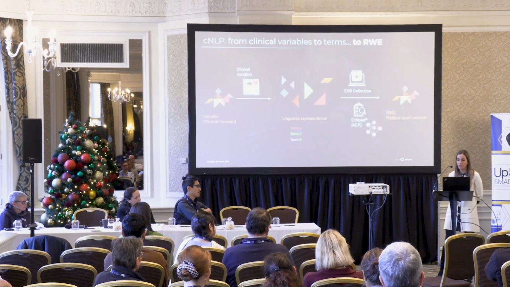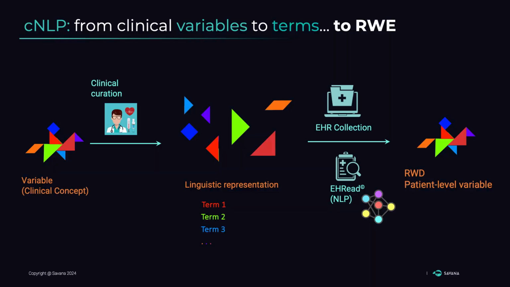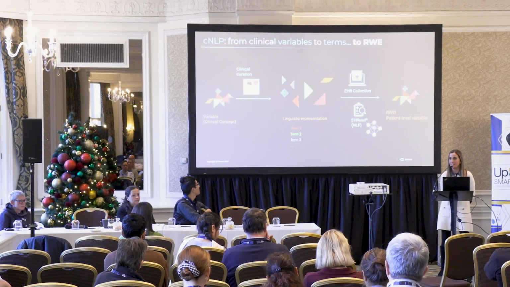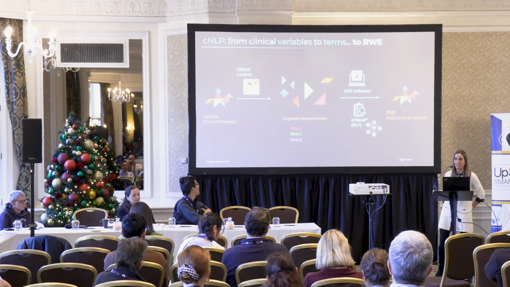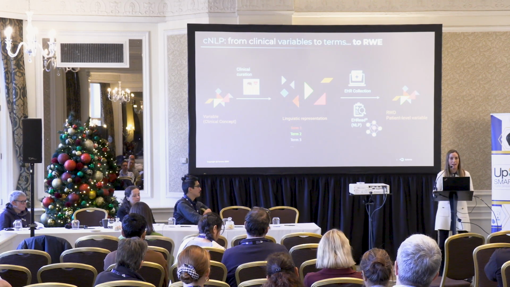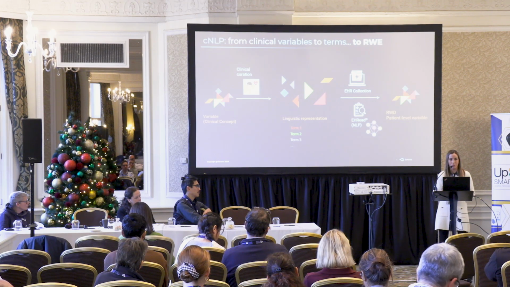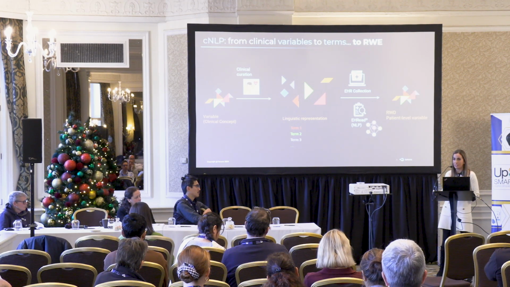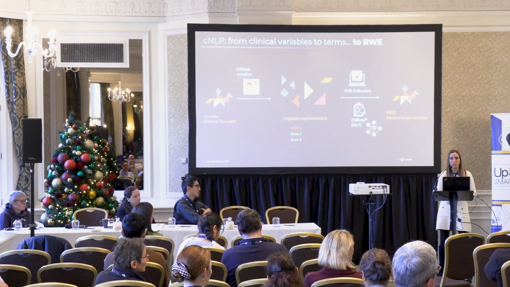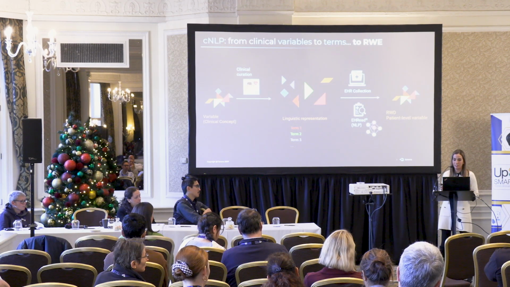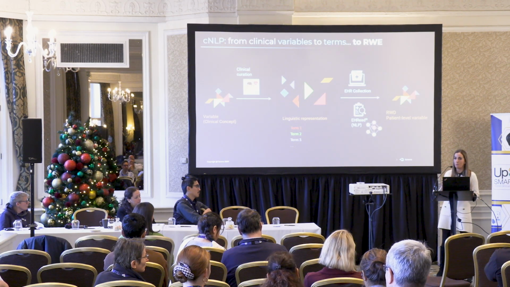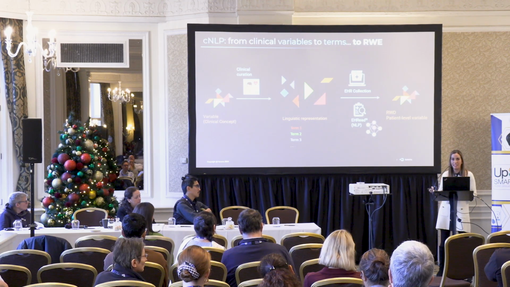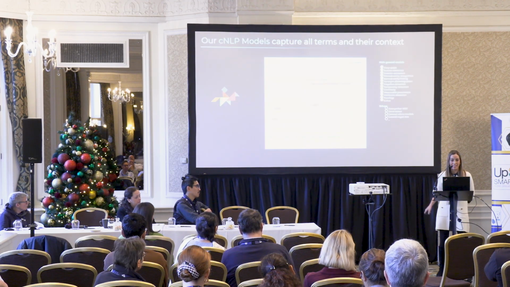So it is really important from a clinical point of view to construct clinical variables based on different terms. And this is the way the information in electronic health records should be evaluated. We have a clinical variable or a concept. We need clinicians here to do the curation of the different terms. We are going to define all the terms and inferences that can define a clinical variable, and this is the information that we are going to look for in the electronic health records. Once we have this information, we are going to build the variable again, and this clinical variable is the one that is going to be placed in a clinical database.